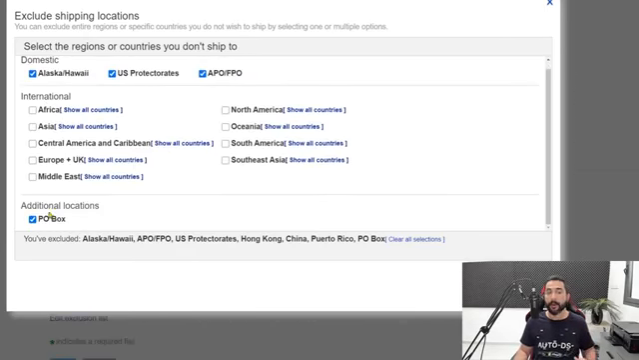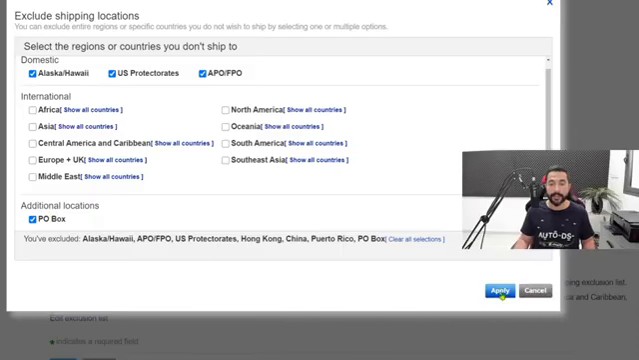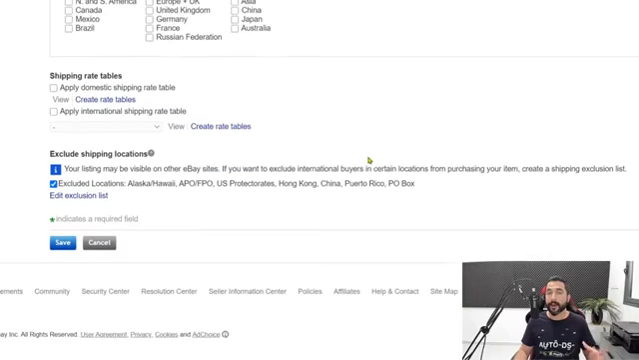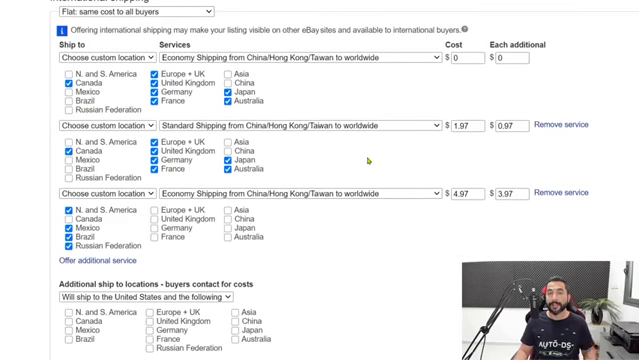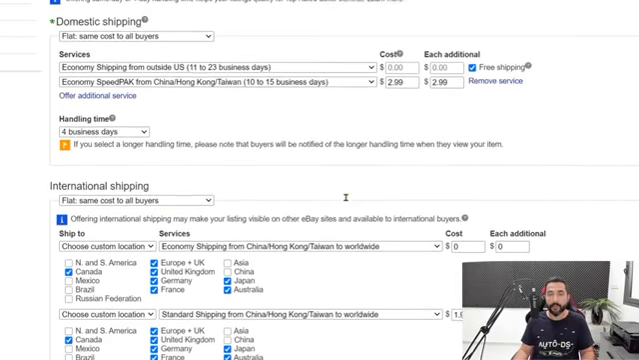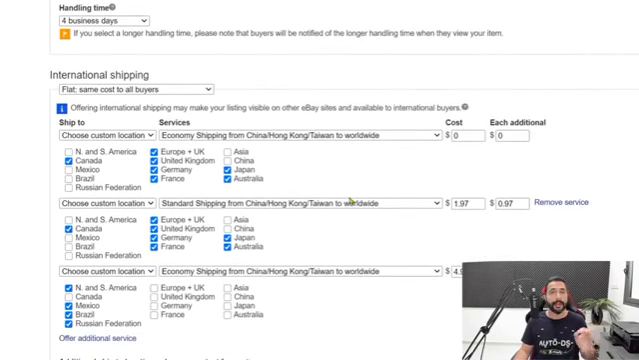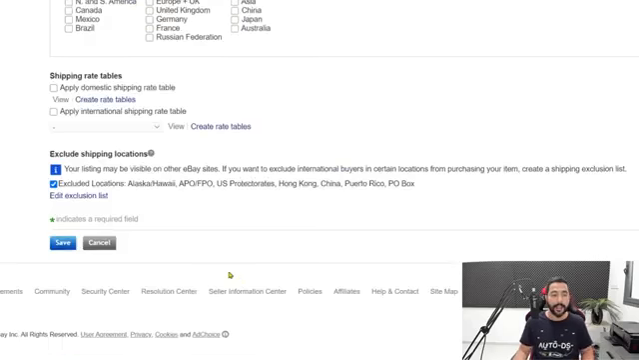Scroll down and see that PO Boxes is also checked in, which is a part of our exclusion list. Then click on apply. That's it regarding setting the shipping locations for AliExpress. It may seem a little bit intimidating at first, but after you do it once, you'll see that it's actually pretty simple and everything here makes sense. Now scroll down, click on save,